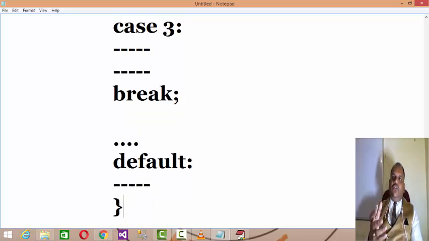To understand the switch case, I will give you another example. Let us understand you have a collection of coins, and these coins are of 2 types: either a 5 rupees coin or a 10 rupees coin. Only two types of coins. You want to separate them. So you pick up a coin; if it is 5 rupees, you put it in the drawer of 5 rupees, and if 10 rupees, you put it in the drawer of 10 rupees.